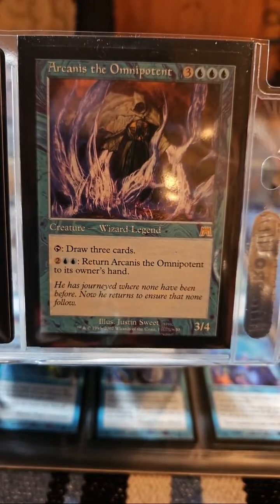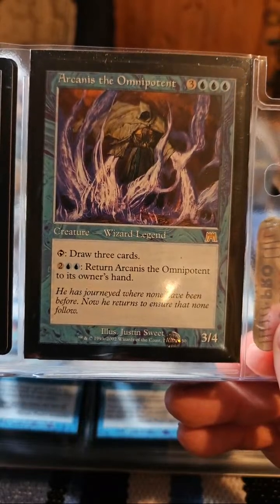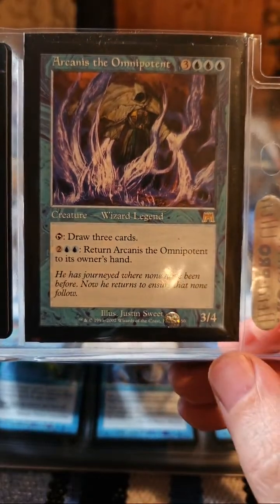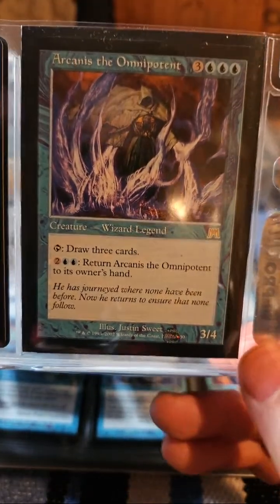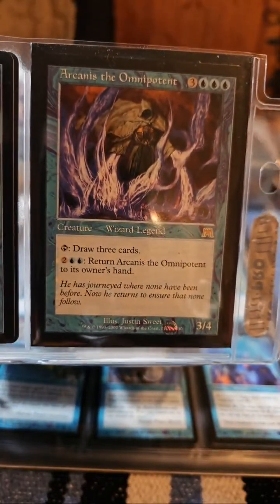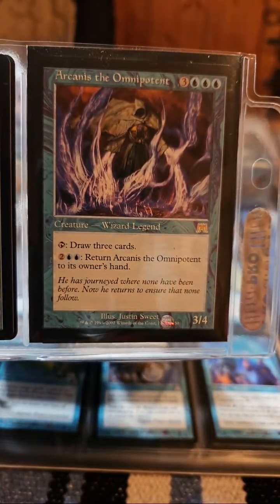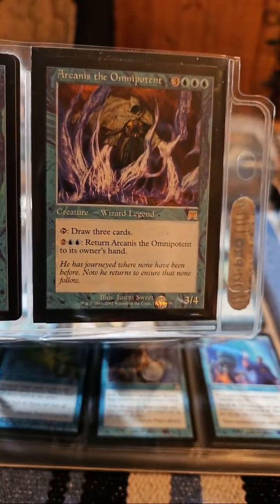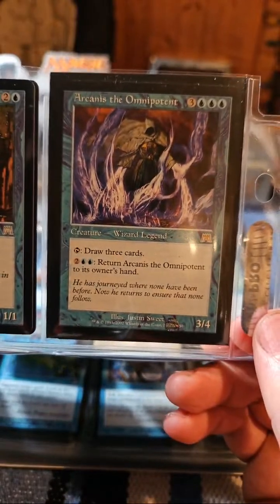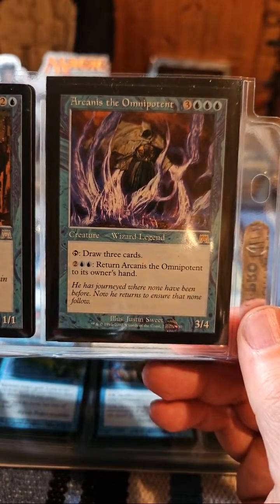Arcanis the Omnipotent. This guy, again, at the time, this was a pretty impressive creature. Nowadays, he's not as fancy, but still. 6 for a 3/4. Big enough body to be relevant in combat if it had to, and to survive a Lightning Bolt, or any 3-cost bird spell, or a 3 damage bird spell. Tap to draw 3 cards is really nice. And it's still not bad if you bring him out when you've got a Lightning Greaves or something, so he can use haste and...